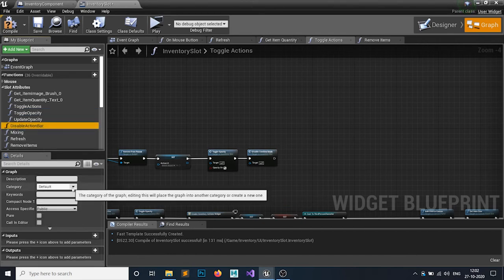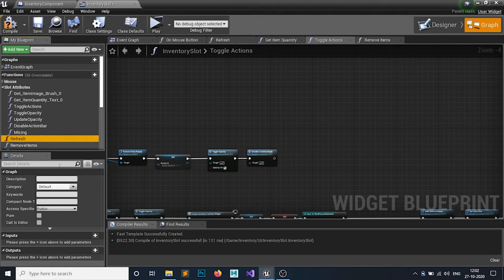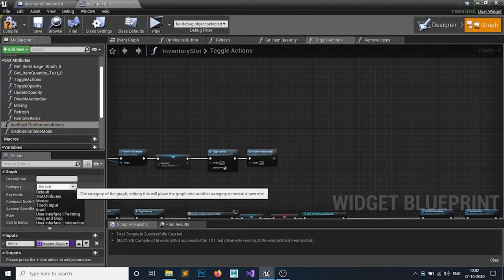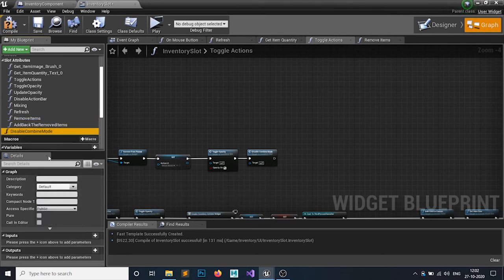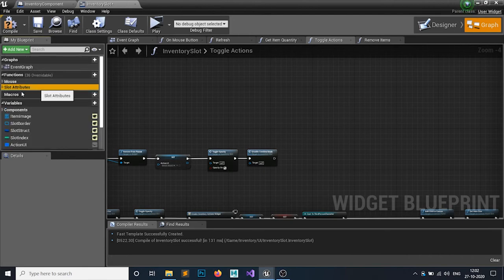So all the slot attributes are categorized in here. These all are the slot attribute functions, and because we want to make the transfer functions also, it will be categorized to transfer.